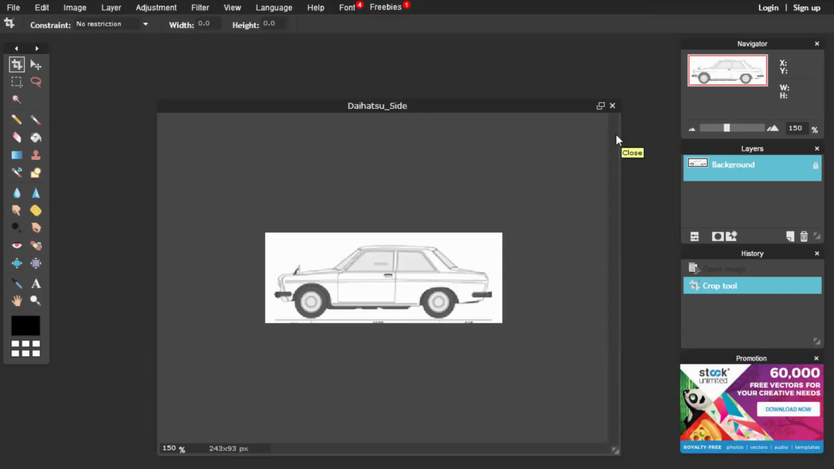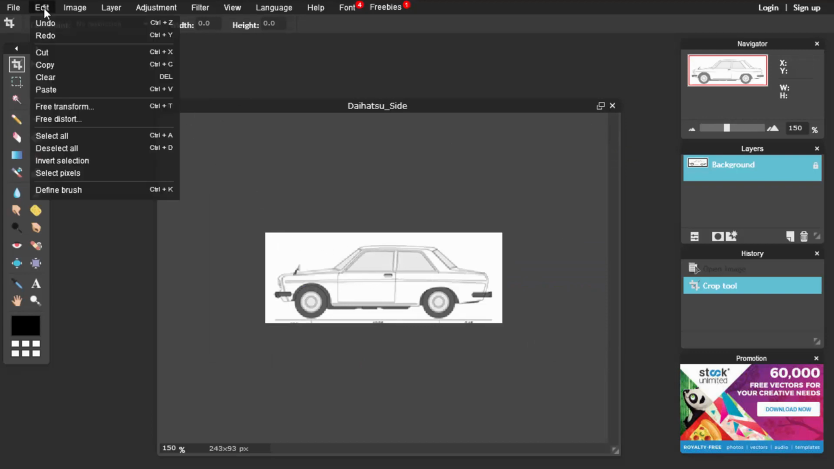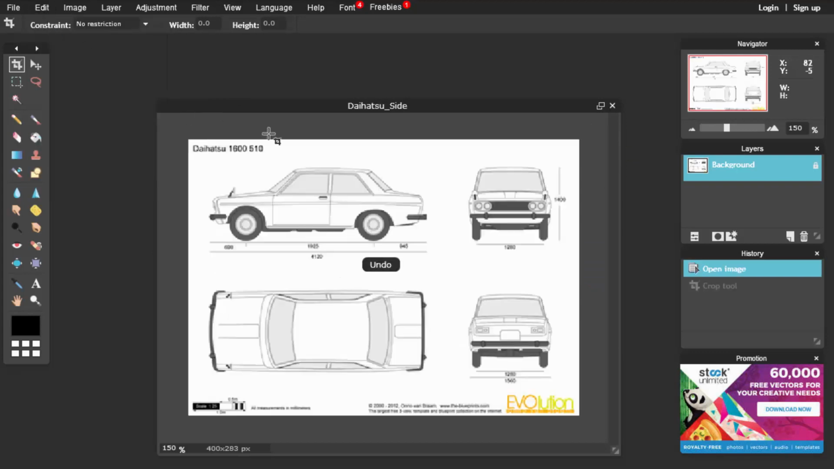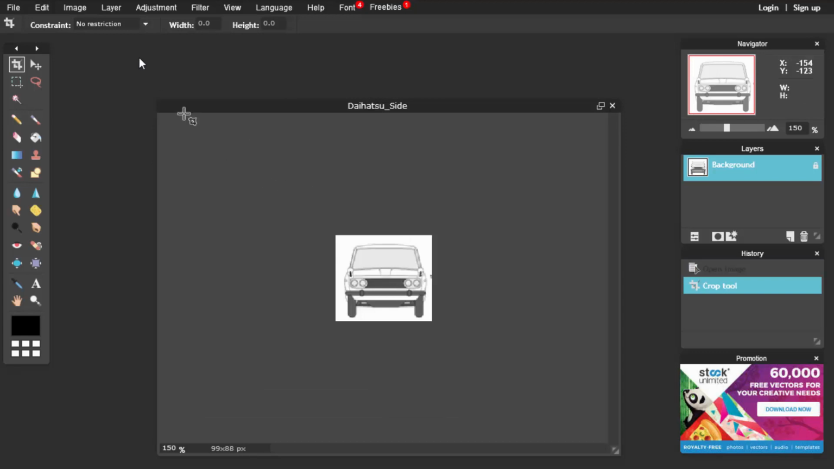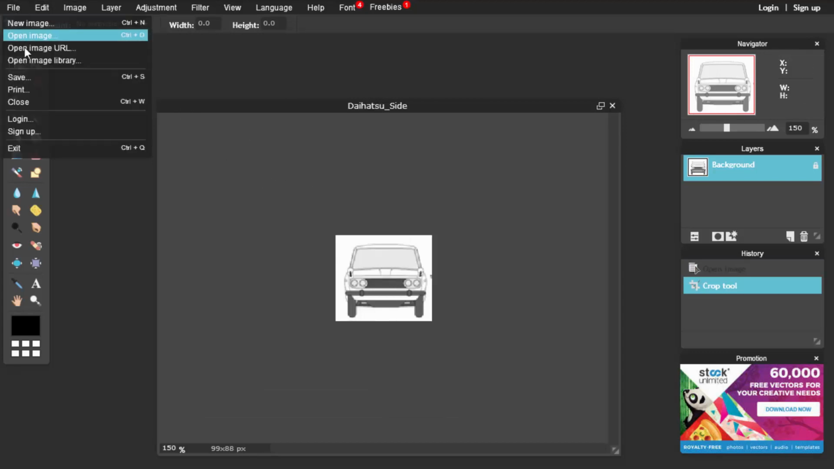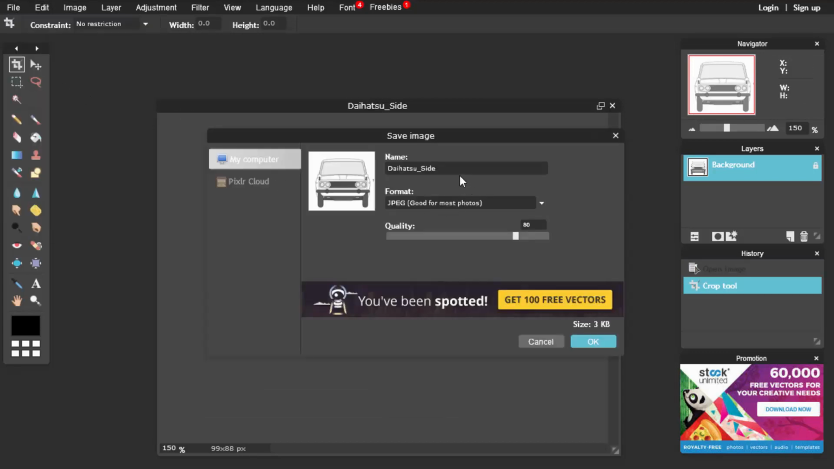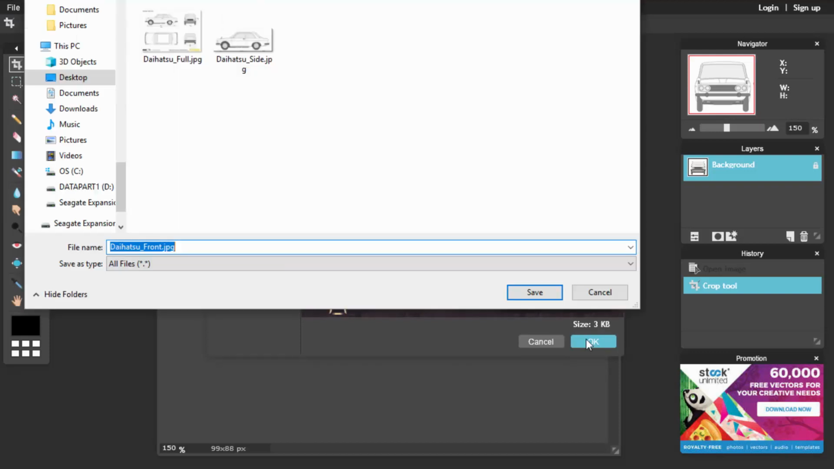And so here's my trick. Once it's done and it gives me that image, I just come up here to edit and I go to undo. I now have my full image again, and I'm allowed to quickly cut and paste and do the same process for saving all of the three other sides I have left to do. So Daihatsu front,